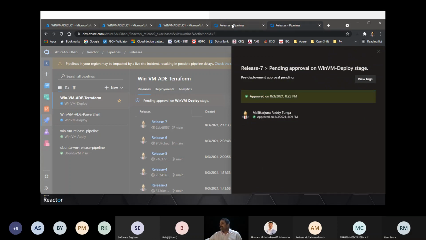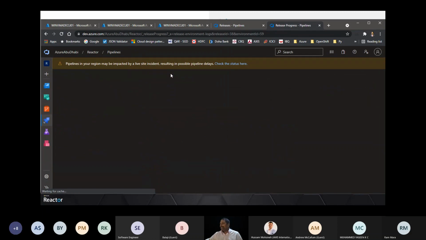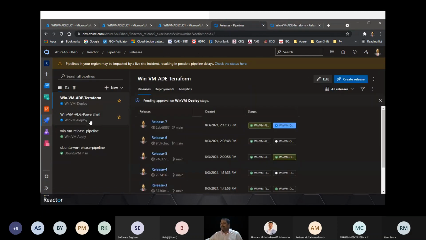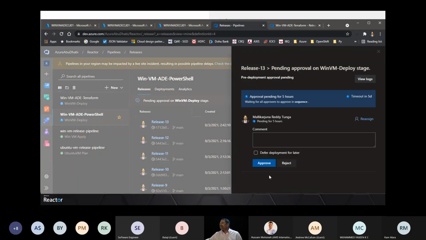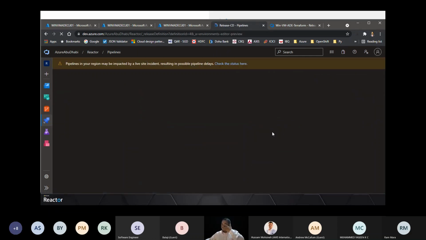Let's try to start doing it. Let me quickly show what we have proved. Using Terraform, and then let me approve the PowerShell. And let me show you meanwhile that in the backend it will be created.